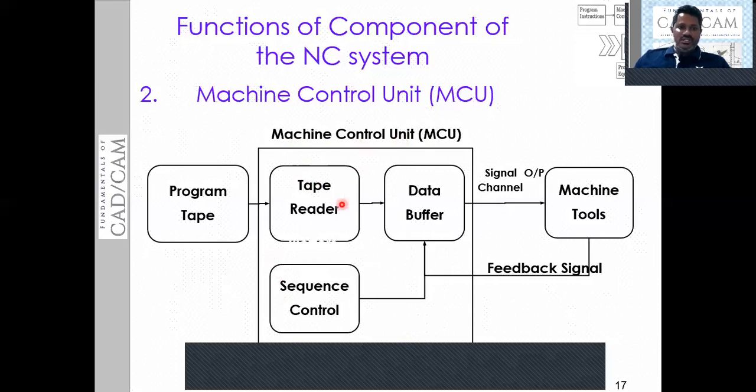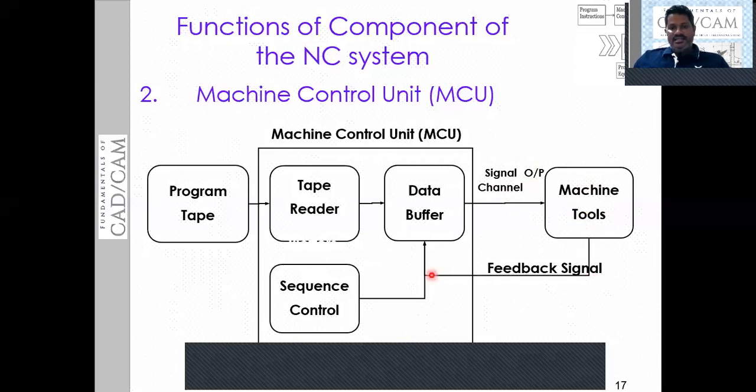The tape reader reads the program on the tape in coded form. Then the tape reader converts or stores this program into the data buffer, and this data buffer sends the signal in machine readable form. The machine tool reads this signal.